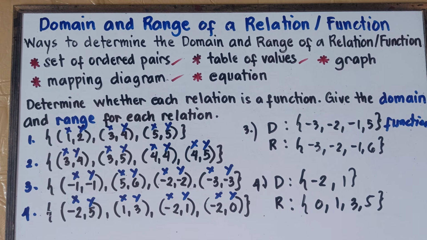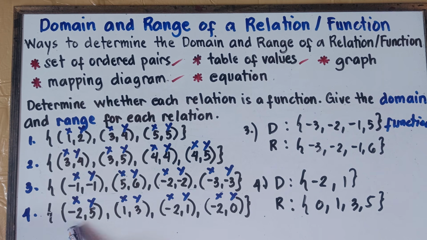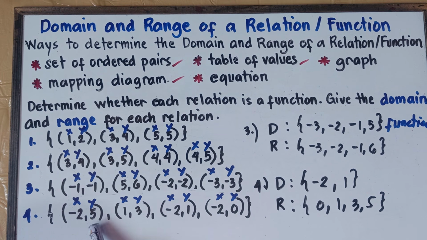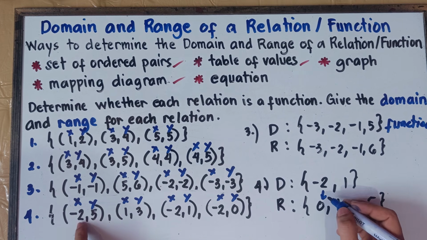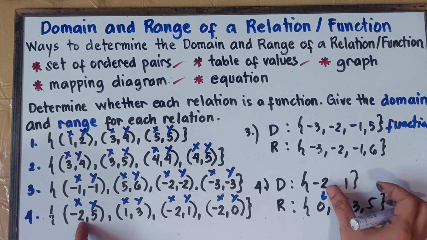Now question, is this a function or not a function? That's correct. This will not be a function because this x value, negative 2, corresponds to different outputs. Once again, same input, negative 2, corresponds to different outputs. There would be 5, we have positive 1 and then 0. So we have negative 2, 0, and we have negative 2 and then 5.